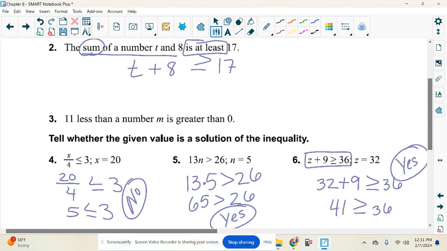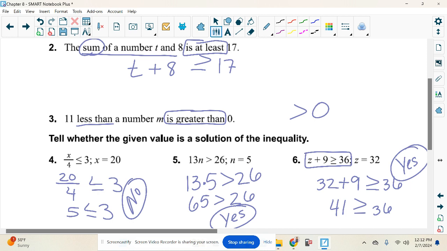And then number 3 says 11 less than a number m is greater than 0. This one might try to trick you a little bit. Where are your inequality words here? Is greater than. Notice how they put that less than here, thinking that you might put the less than sign, but does it have is less than? No, you gotta look for that is part. So is greater than, we're going to have what sign? The greater than sign. So greater than 0. Well, what's greater than 0? 11